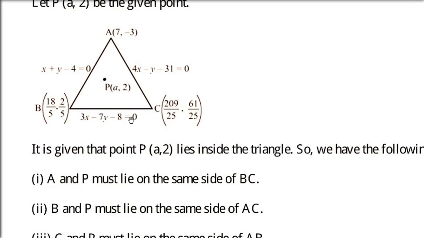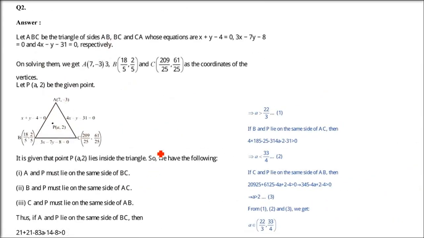So this we are going to do. We'll put these three conditions we are going to get, and then we'll take the intersection of these three. Let me take two equations so that, for the sake of completeness, you understand how to solve two lines to get proper vertices. There are three pairs of lines you have to take so that you get the vertices. I'm taking one example so that I leave the other two for you.